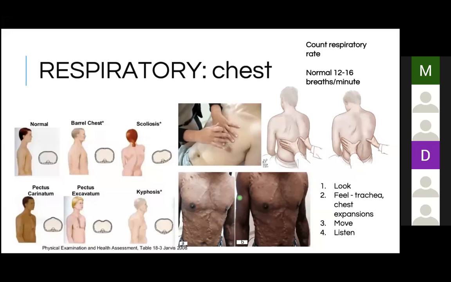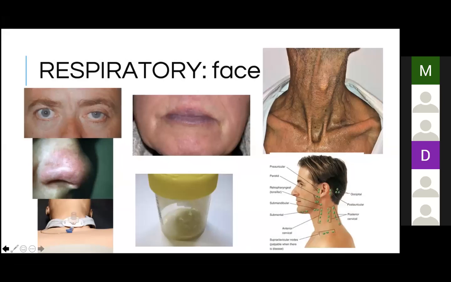And then finally, sometimes they can get conjunctival redness or suffusion. And this could indicate that they have an apical lung carcinoma. And then after inspecting, you'll palpate. So if I go back to this nice image of the chest,